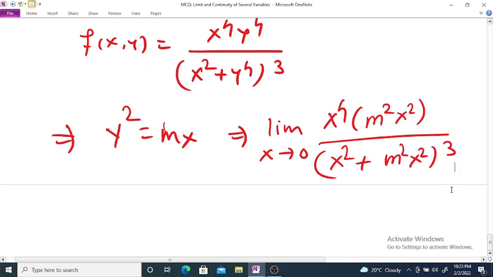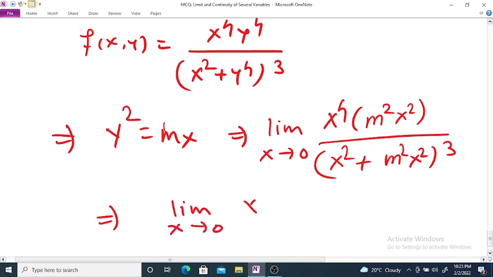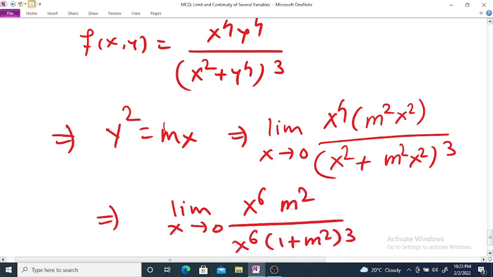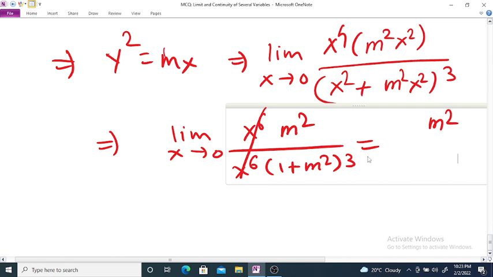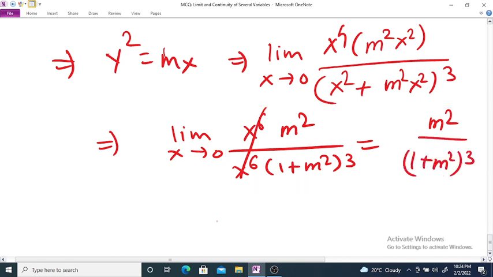So if we take x squared outside and cancel it, it is limit x tends to 0, x raised to 6 m squared divided by x raised to 6 times 1 plus m squared raised to 3. This will get cancelled here and it is m squared divided by 1 plus m squared raised to 3, and here the limit depends on